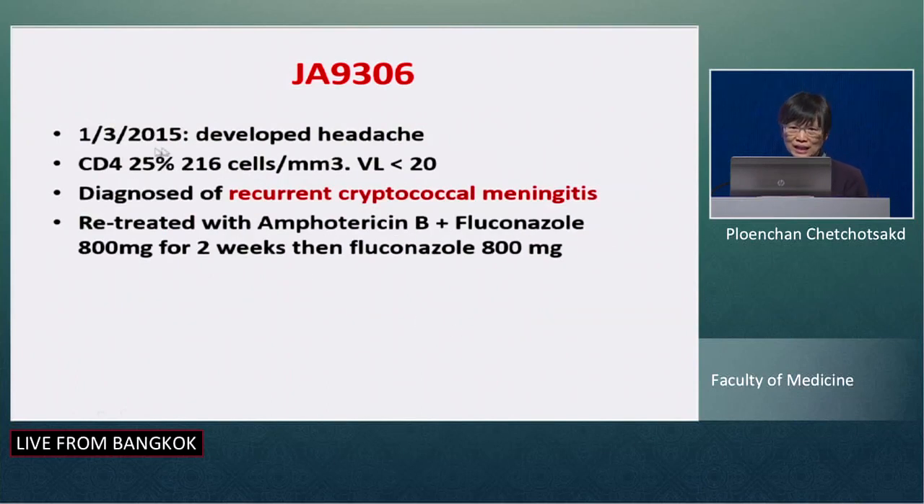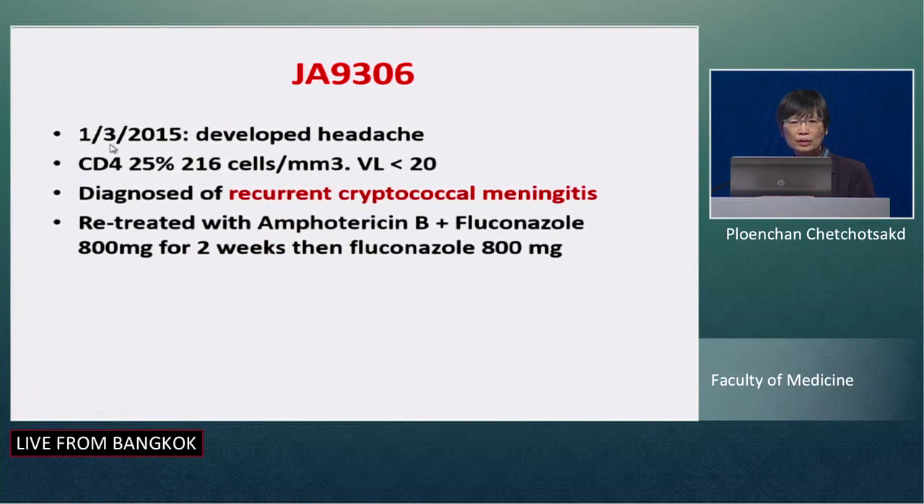About 8 months later, he developed headache. At that time they checked the CD4. His CD4 count was up to 216, and the virus was suppressed. They said he had recurrent cryptococcal meningitis, so they treated him again with amphotericin B and fluconazole 800 milligrams. The induction phase was the same, but they increased the consolidation to 800 milligrams, and then continued fluconazole 800 milligrams. However,